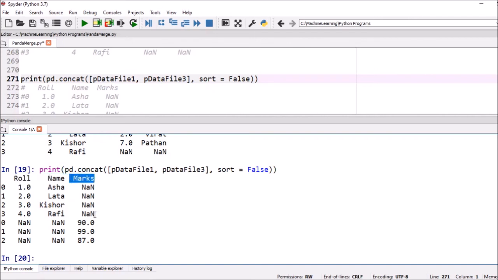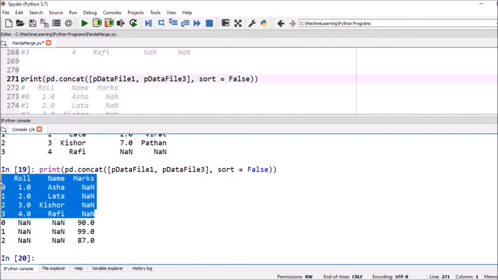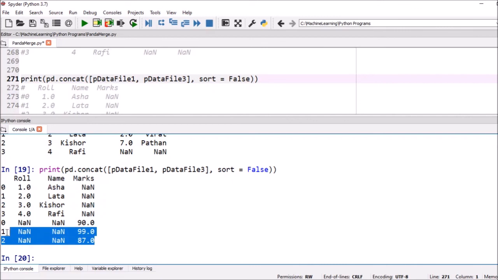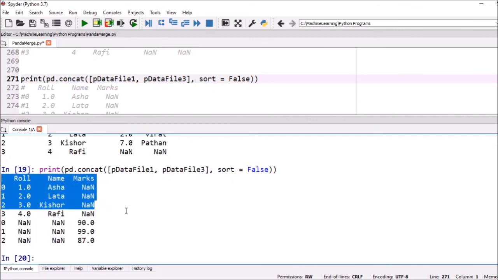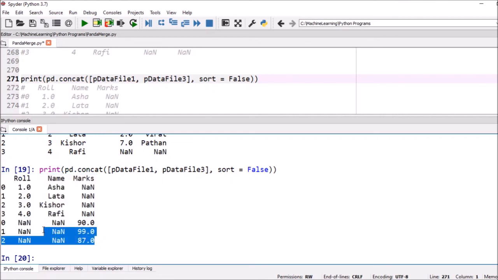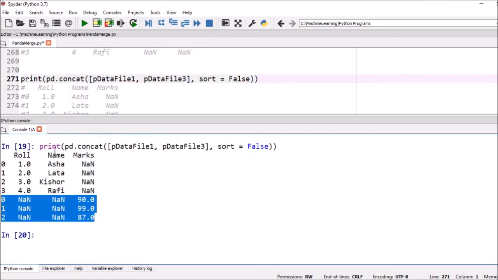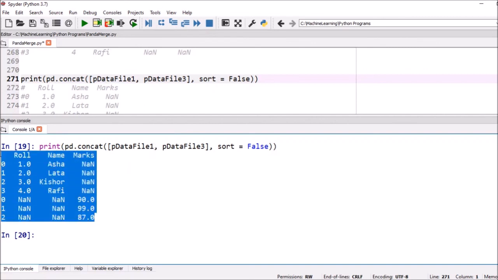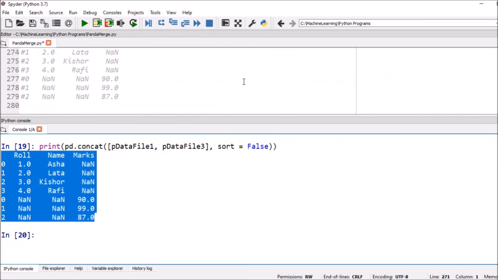Now these are the data from pdata file 1 and these are the data from pdata file 3. In pdata file 1 the marks column is not there. These are the data from pdata file 3, and the roll number and name attributes are not there. So we can merge like this way. So here we put sort is equal to false.